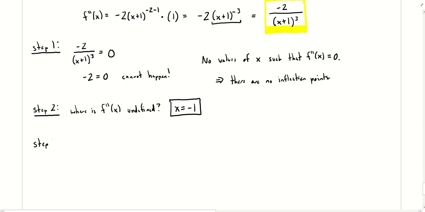So what that means in step 3 is even though I don't have any technical inflection points, when I draw my number line, I'm still going to consider this point where my function's second derivative is undefined, because technically this is a point where concavity could change as we cross that point. It's not technically an inflection point, but it might be a place where the sign of the second derivative changes, which would mean concavity changes across that point. So I am going to want to use that to divide up my number line into, once again, 2 intervals,